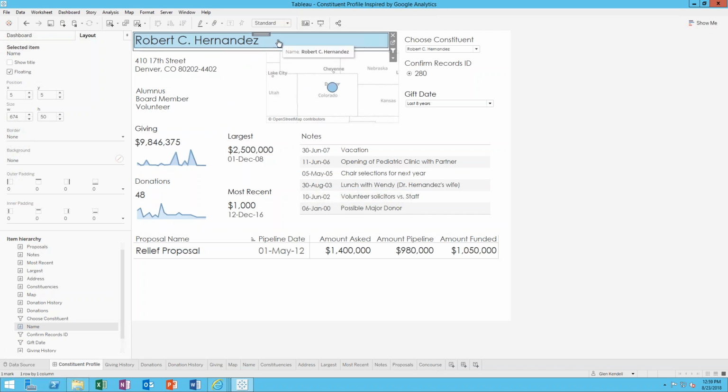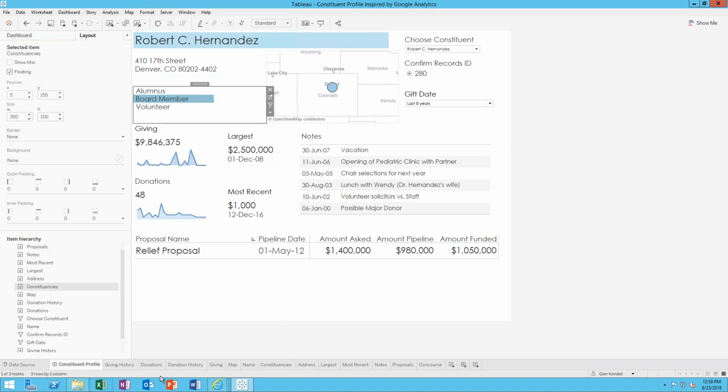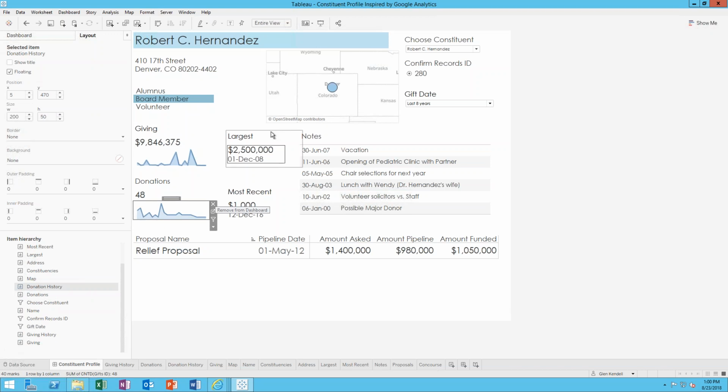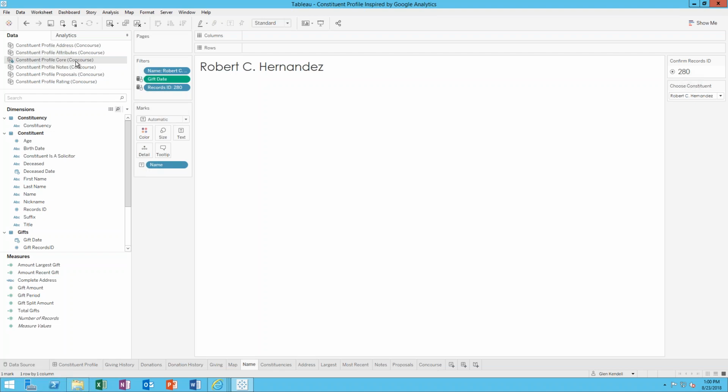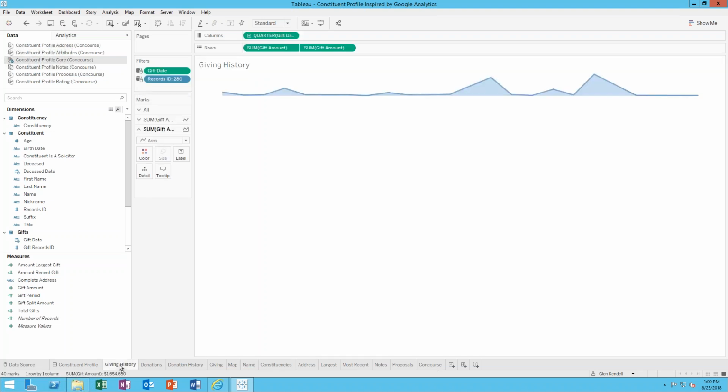So the key things that are pulling from the core are the name here, also the constituency, donations. So this is the total amount that they've given, as well as a sparkline associated with that, the total number of donations they've given and a sparkline associated with that, and then the largest amount they gave, the date that happened, the most recent gift, the amount of that, and the date that happened. All of these things are pulling from that core data source. Here for giving history,